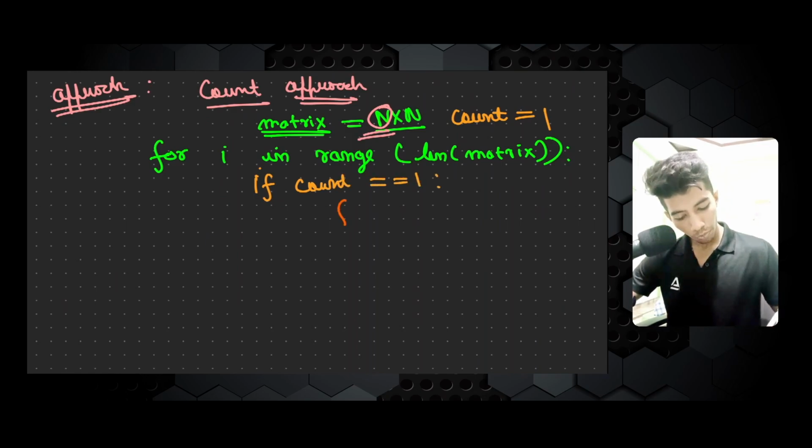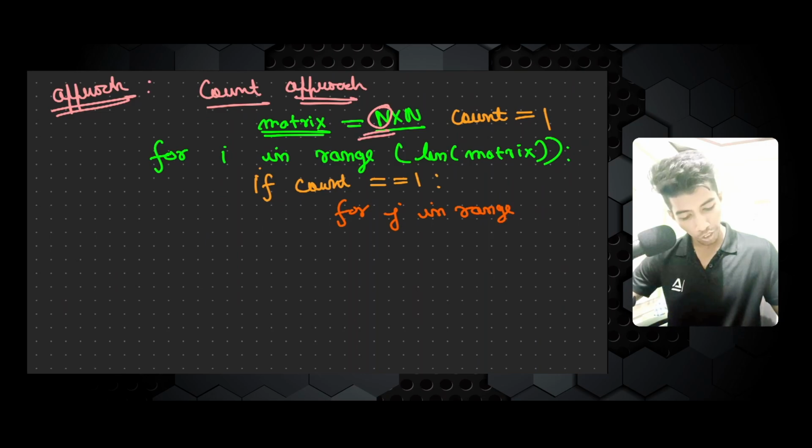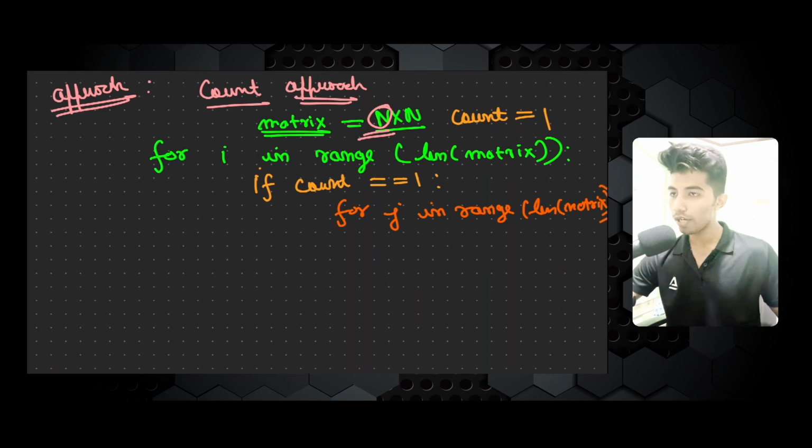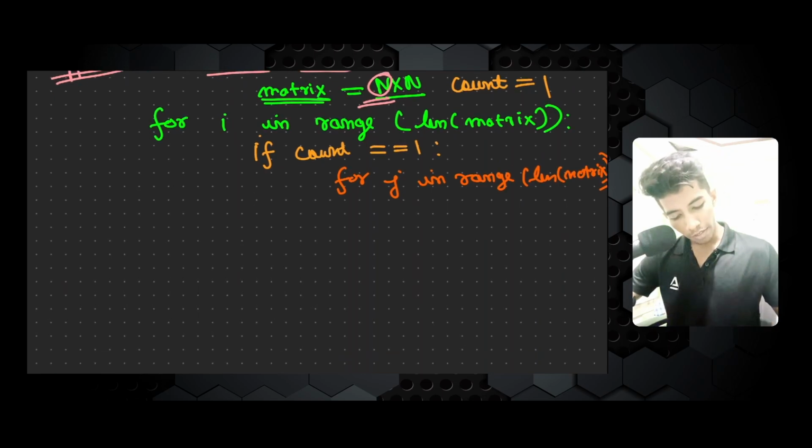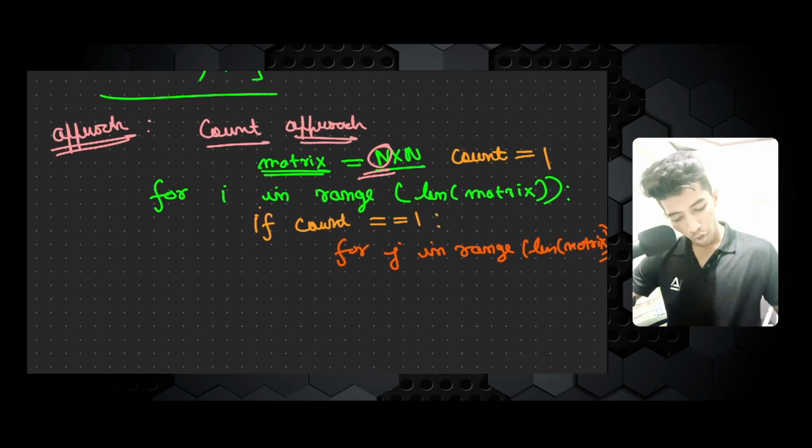Then for J in range, again length of matrix. Again you can write length of matrix here, and inside that what we will do, we will create one